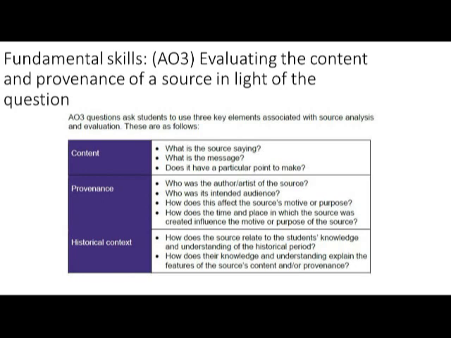And when you start thinking about things like that, and when you start looking at dates, if your contextual knowledge is there, straight away you're going to be able to understand perhaps the circumstances in which the source was produced. What was going on at the time? What event is it depicting? And you might even be able to decipher the purpose of